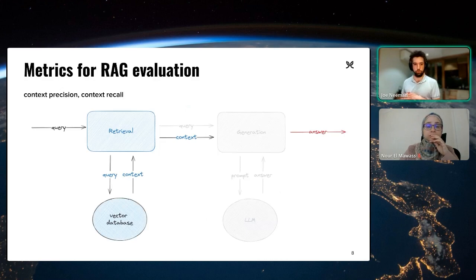Right. So, as I said a couple slides ago, RAG has two steps. It has a retrieval and a generation. And the metrics that you can use to evaluate RAG are basically divided into the same two steps. So you have RAG metrics that evaluate the retrieval step and RAG metrics that evaluate the generation step. And there's a bunch of metrics out there. I'm not going to go over all of them, but the two big ones for retrieval are called context precision